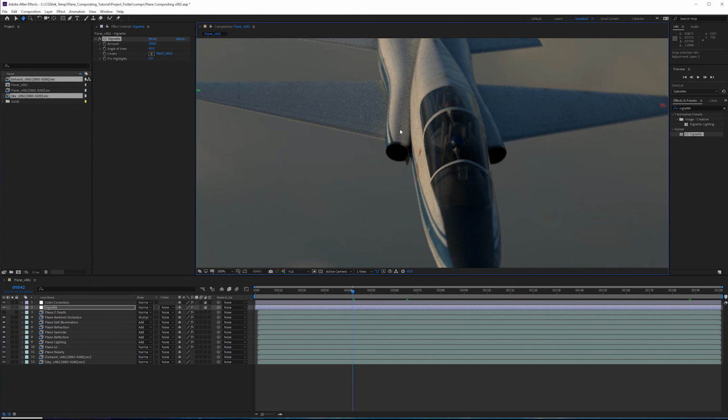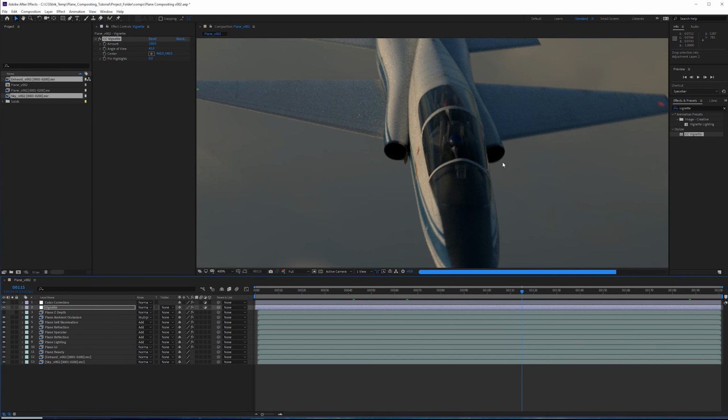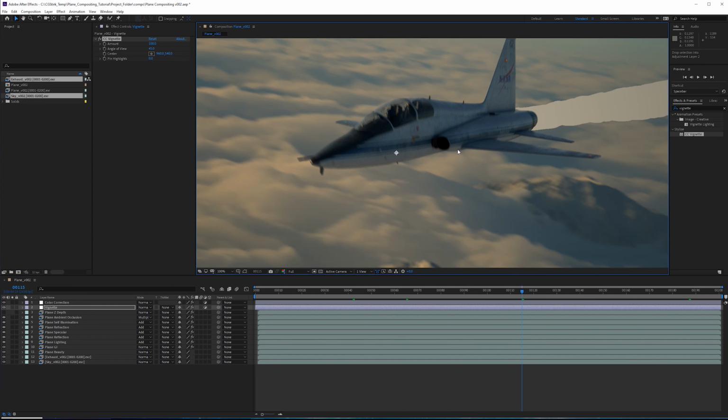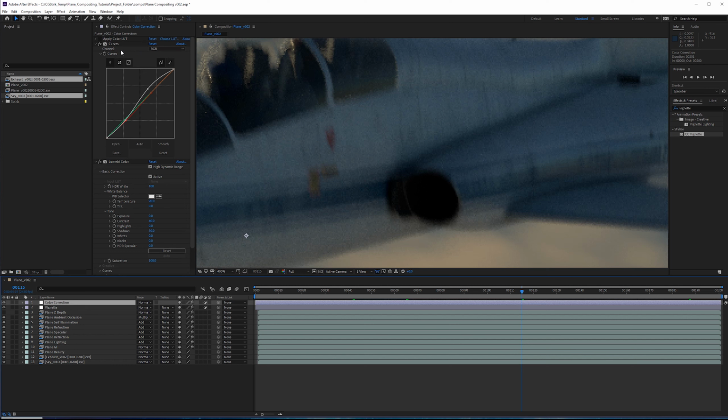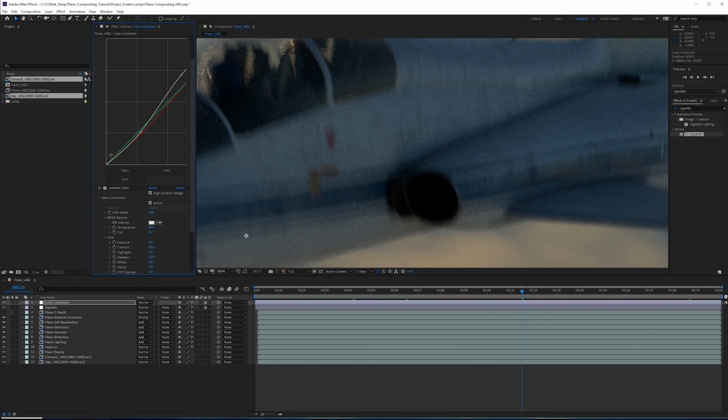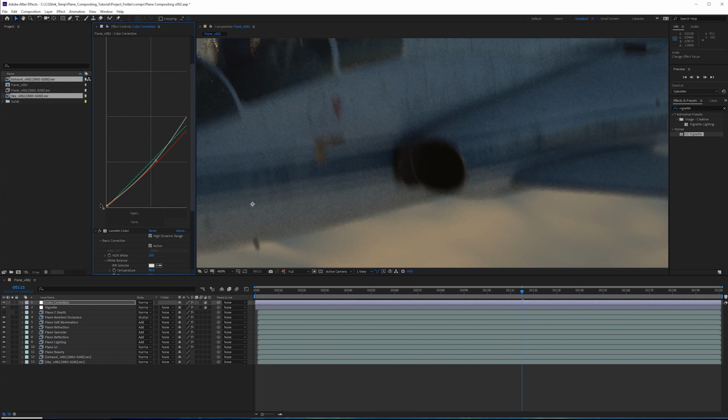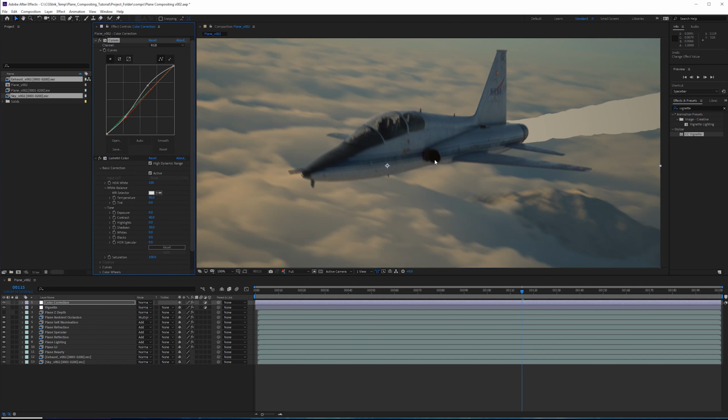One other thing that I'm noticing here with the contrast of the intakes, they're looking very, very dark. So if we mouse over these intakes, we're getting values of 0, 0, 0 in the upper right-hand corner. It's not just bright values that can clip, it's also dark values, and here we're definitely getting clipping. So let's go back to our color correction layer, and on this curves effect, we'll zoom in on our curves, pull this up very slightly. You do have to be careful with it, don't go up too high. So we're going to zoom in a little bit more here, just lift this up very slightly. Then we can zoom back out. So these values are no longer clipped.